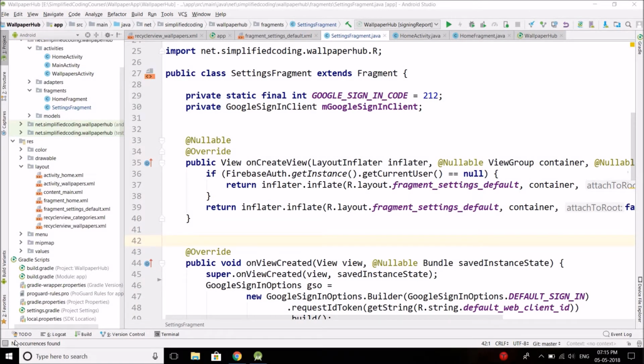Now let's move ahead and complete the settings fragment. In this video we will display the logged in user info and we will also give a logout option. So let's start. The first thing we need to do is create a new XML layout